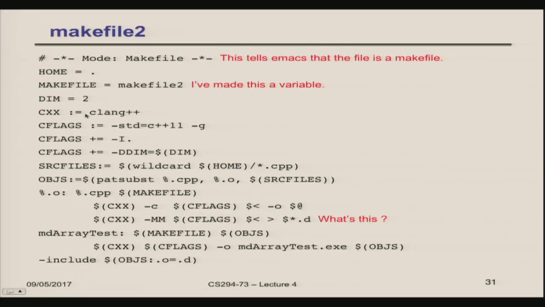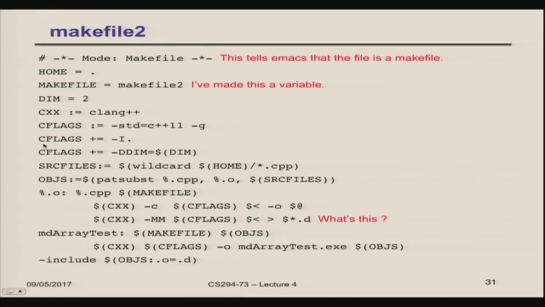Dimension is 2. Now I have a bunch of flags. Here's C flags equal minus std equal C++11 minus g. C flags plus equal minus I dot. What is this doing? Well, this is C++. This is not make. This is not GNU. This is telling the C++ compiler, look for my include files in this directory. And the only directory I'm giving it is my home directory. I could have had a whole string of directories, and you'll see an example of at least 2 in the